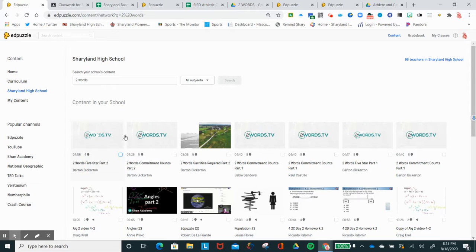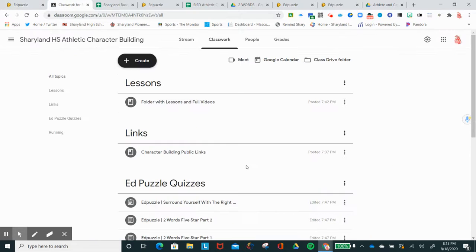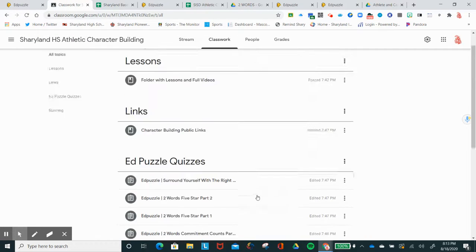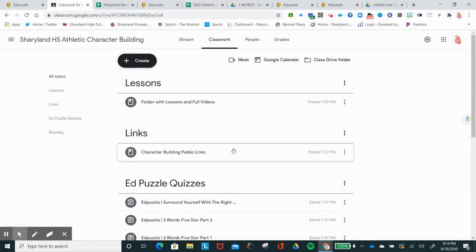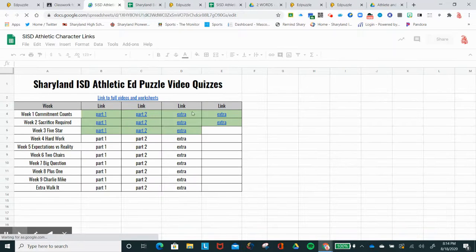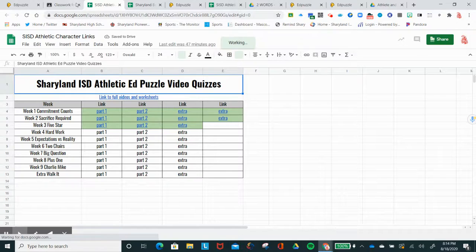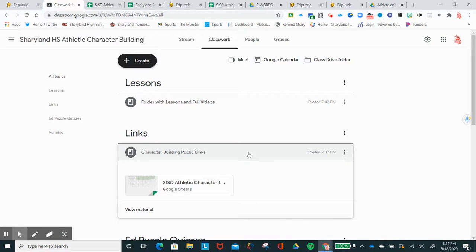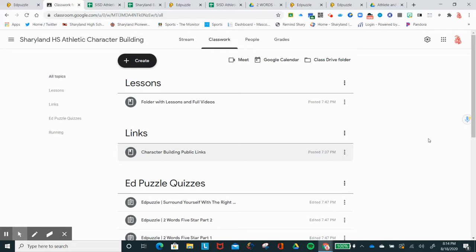The only thing that you won't see is the extra ones that I did, that I pulled off of YouTube to go along with like commitment counts and the 5-star and all those other things. But those are already in here, the extra ones, and you can also find them on the public links. Okay, but remember, you just got to copy these over. So a lot of different ways to get in there, a lot of different ways to be able to copy those in Edpuzzle and